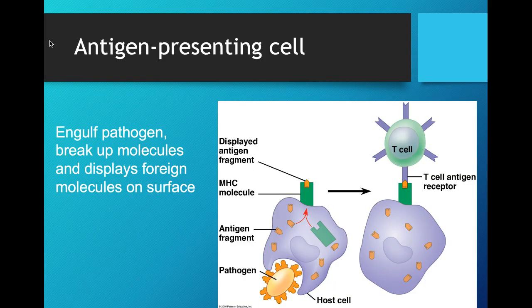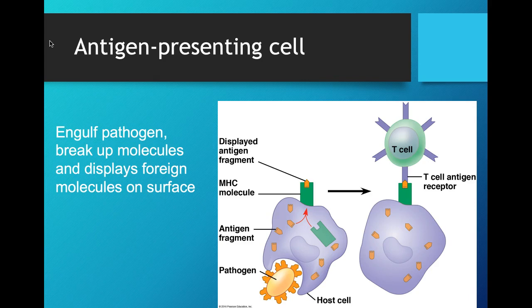So how does an antigen-presenting cell have the antigen on the outside of it? Because this antigen-presenting cell is not the pathogen itself. A different type of cell, like a macrophage, engulfs the pathogen and becomes the host cell. So it's like infected with this bacteria or this virus intentionally to be able to display that antigen fragment, so that the helper T cells are able to trigger those two different responses, the humoral